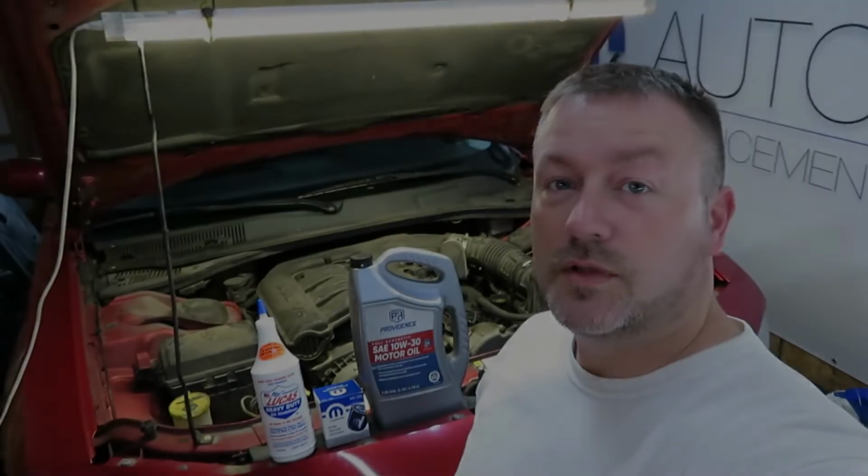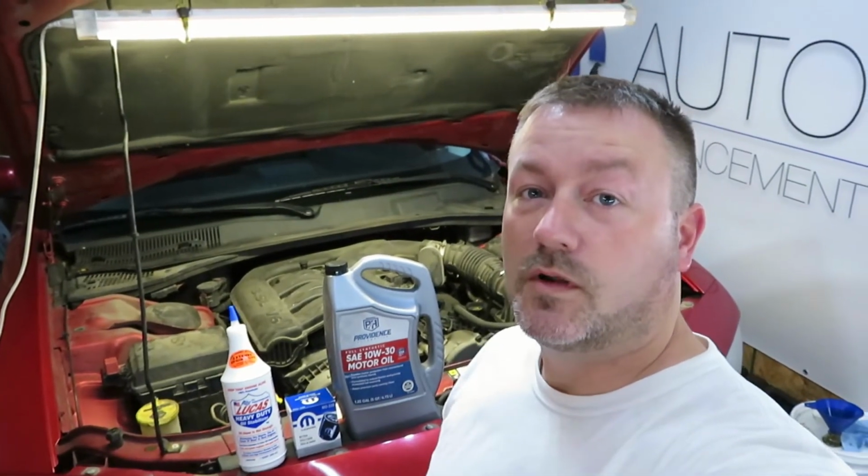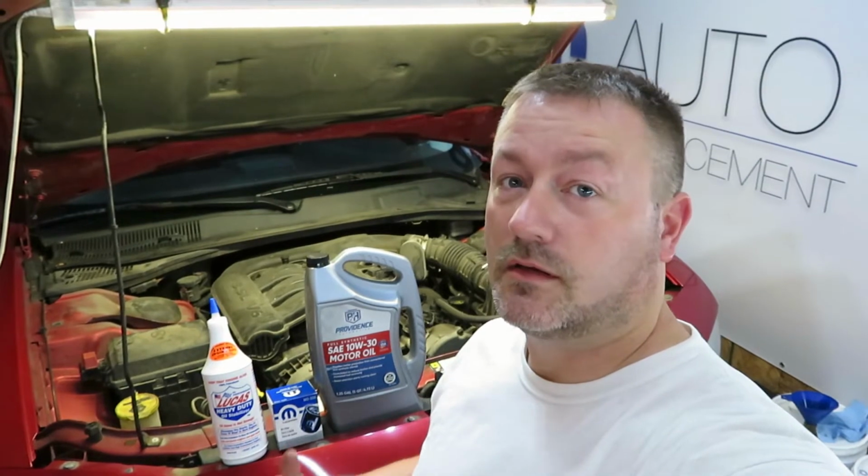Today we're back on the 2010 Dodge Charger, and if you're wondering what I mean by back, we've done a lot of maintenance issues, or we've taken care of a lot of maintenance issues on this car, and I'll have